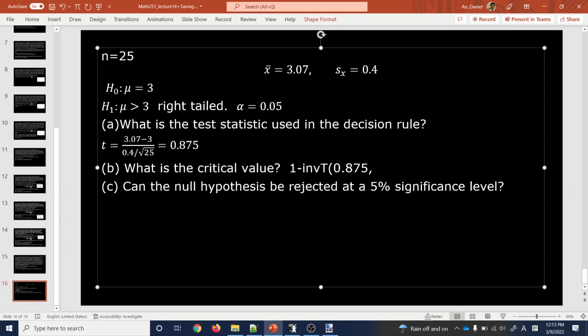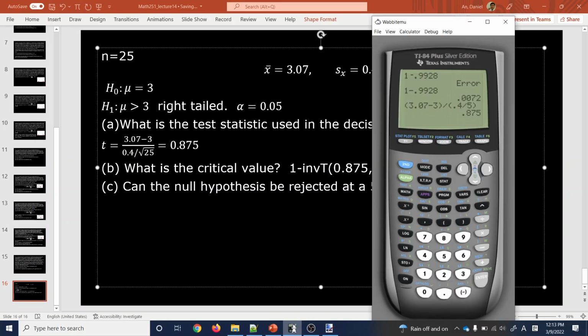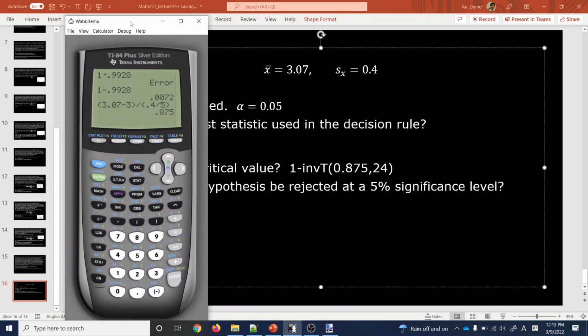All right, and then we have degrees of freedom 24, so let's put that in. 1 minus inverse t, 0.875, df is 24. And we're going to put that in there, which gives you,